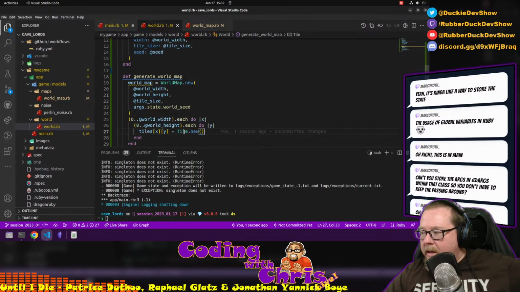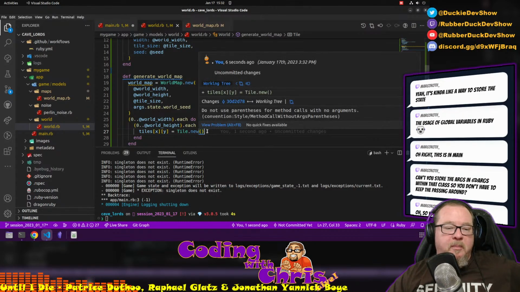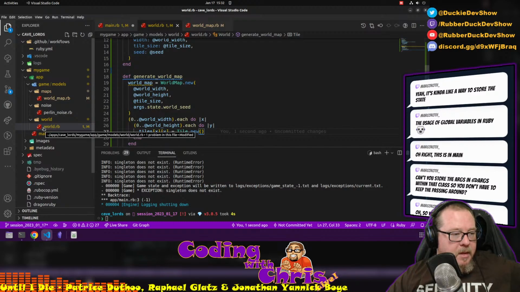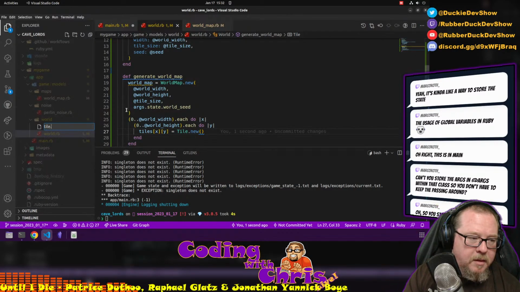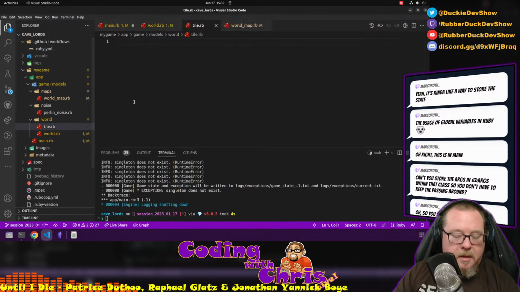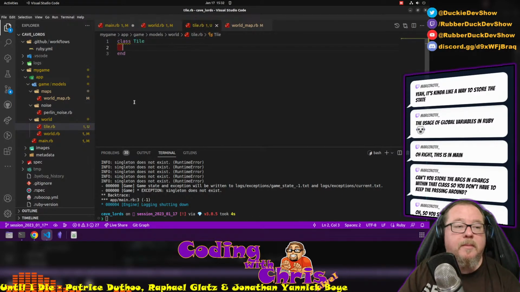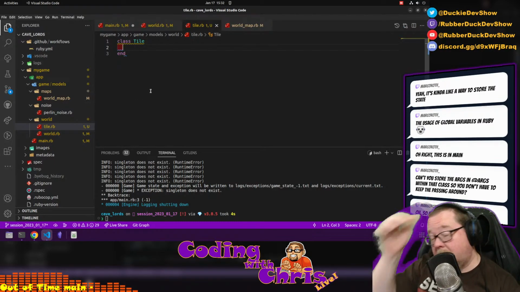We're just going to stuff a tile in there, and then we will set some things from the world map onto this tile. But we don't have a tile yet, so... Now we do. All right, so what this is going to want to hold is